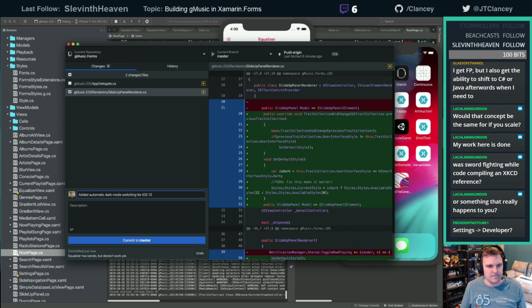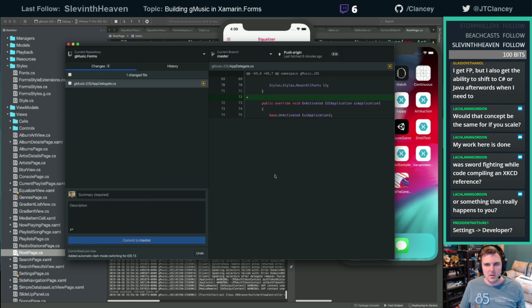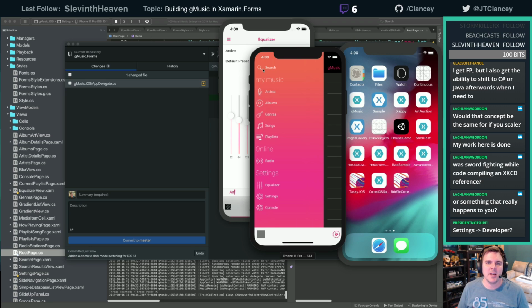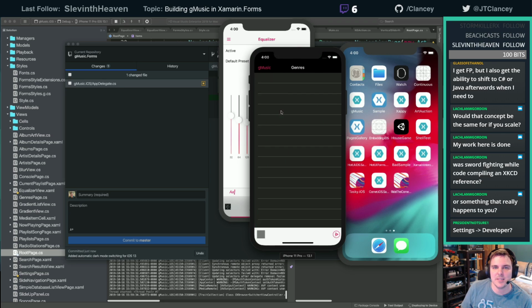iOS 13. Once I make the UI properly update, it'll be kind of cool because my phone is set to switch to dark mode at night and light mode during the day. So it just does it based on night and day. That'll be kind of fun to have my phone auto switch in my app depending when it decides it's time.